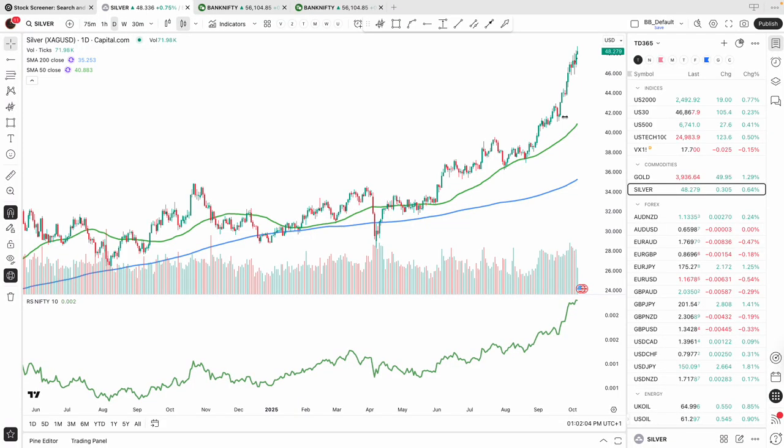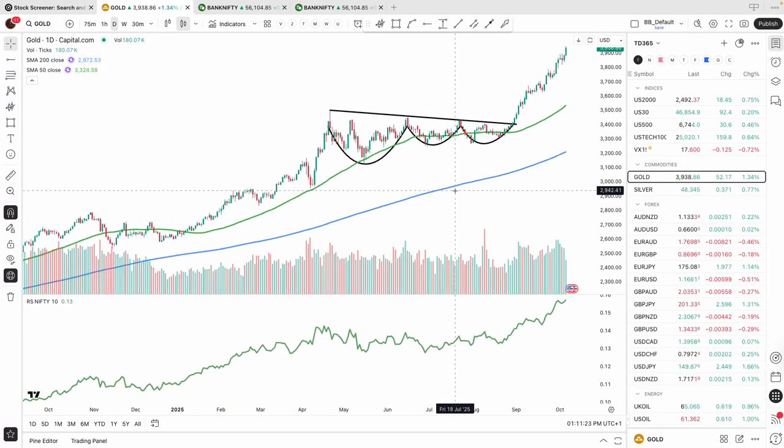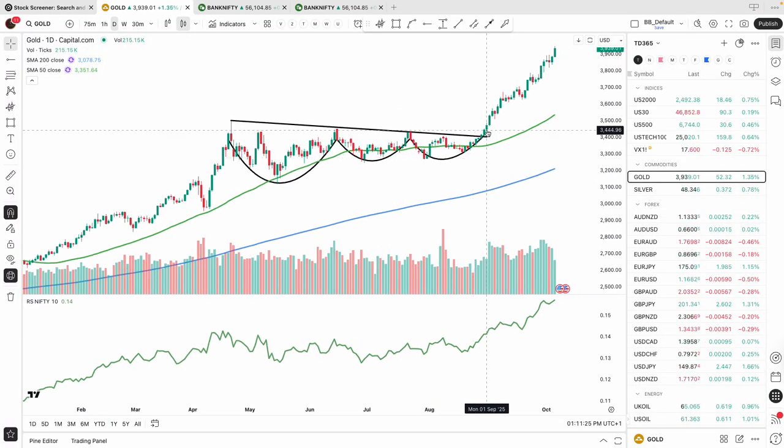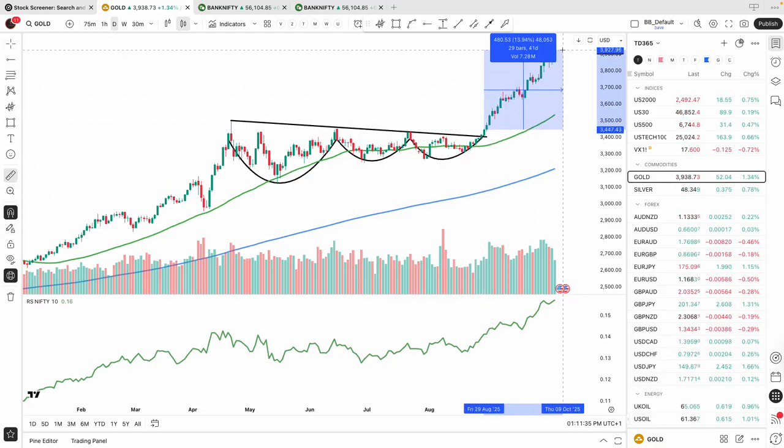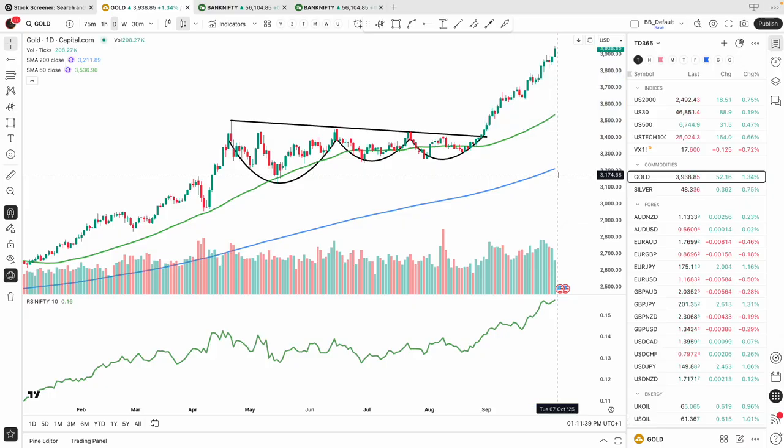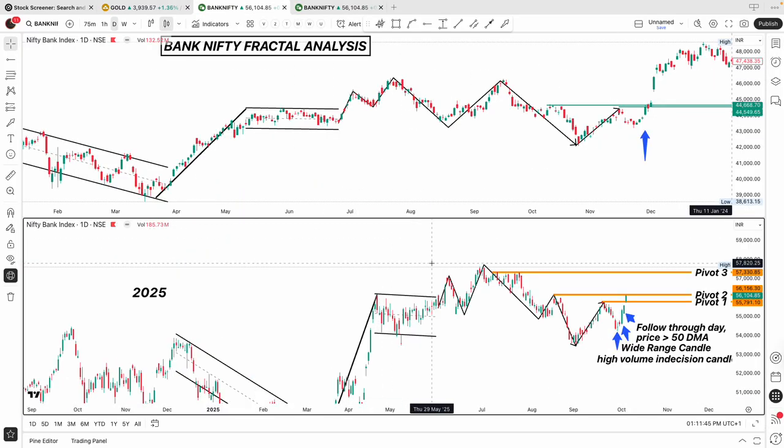Case in point, I have the chart for gold over here. And if you look at gold closely, I had called out that gold will not be crossing its all-time high levels anytime soon, but I was proven wrong again, and it's absolutely crazy what gold has done in the last couple of weeks essentially, and has gone up 15% from the point that I was not so bullish about it. So don't rely on my judgment alone. Make your own decisions, do your own research, and take care and be safe.